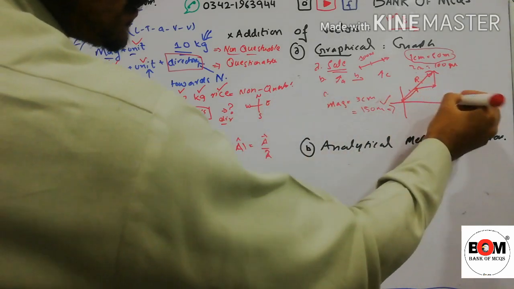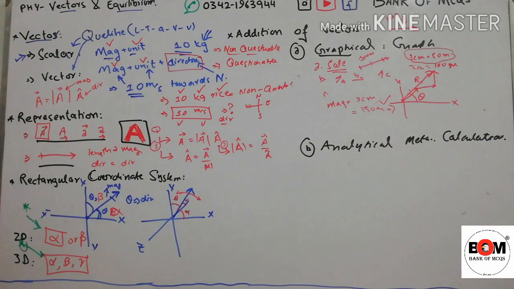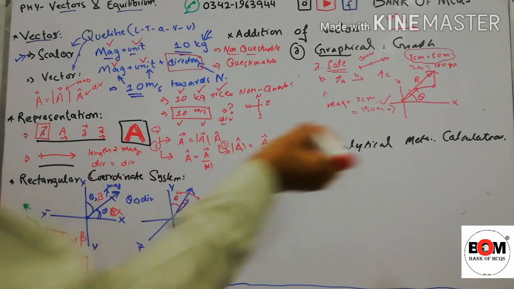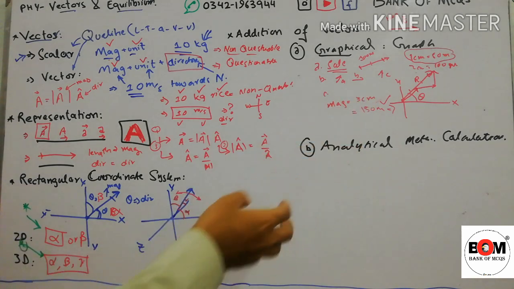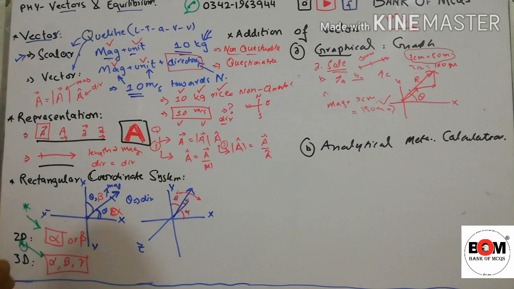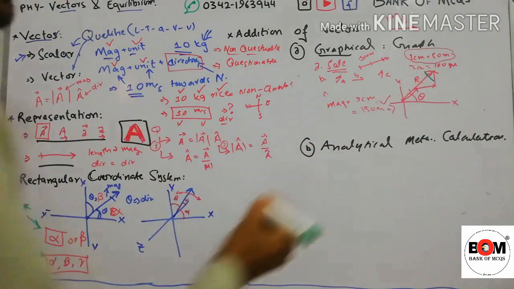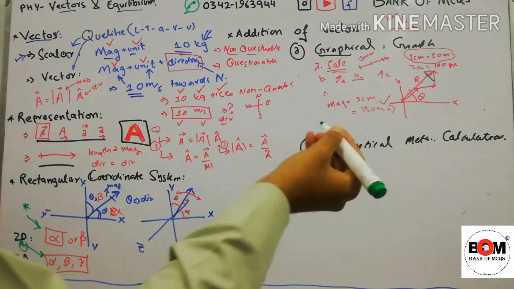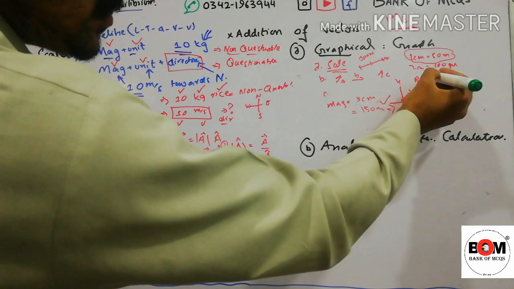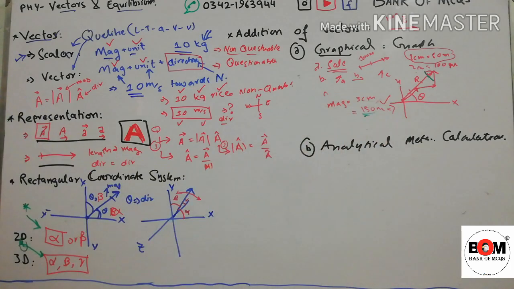So this is the x-axis, this is y. We will measure this angle theta with this, and we will find its direction. So in this graphical method, we don't need any calculation, we just have to draw it on the graph. But the problem is everybody makes a mistake here in the scale, because 1 centimeter shows 50 meters, in some case it may show 500 meters. So if there is a little mistake in this, we will get a greater mistake in our result.